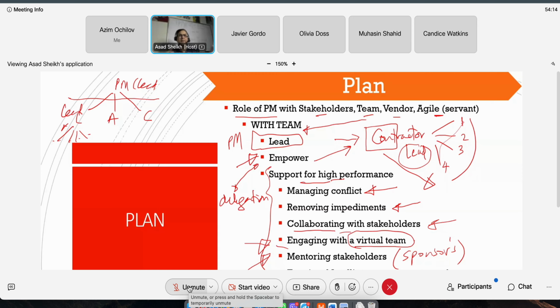You got to have some rules, right? And where you're going to put those rules, those rules are put in a team charter. And we look at a team charter further down in this session. So keep these points in mind, that the PM role towards team members or people, especially team, is to lead them, empower them, support them in terms of making sure there's no team conflict, remove any roadblocks,